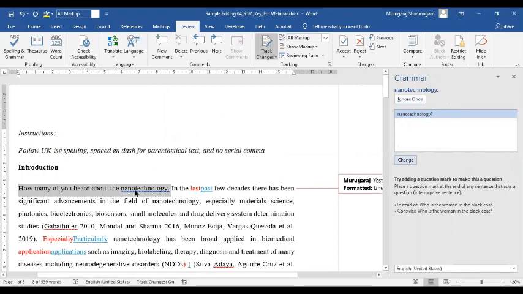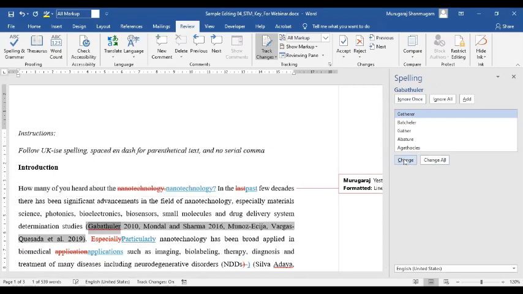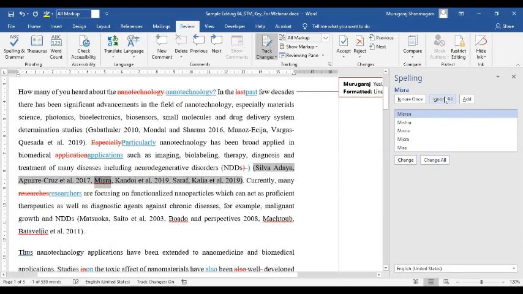You can see that. How many of you heard about nanotechnology? It's basically a question, but the sentence ends with a period. MS Word rightly identifies that as a question, and gives you some comment about the recommended change: try adding a question mark to make this actually a question. So you can change it, and then it will show most of the proper nouns, frankly, as errors because they are not part of Word's custom dictionary. So I'm going to ignore all the proper nouns that come up as errors.